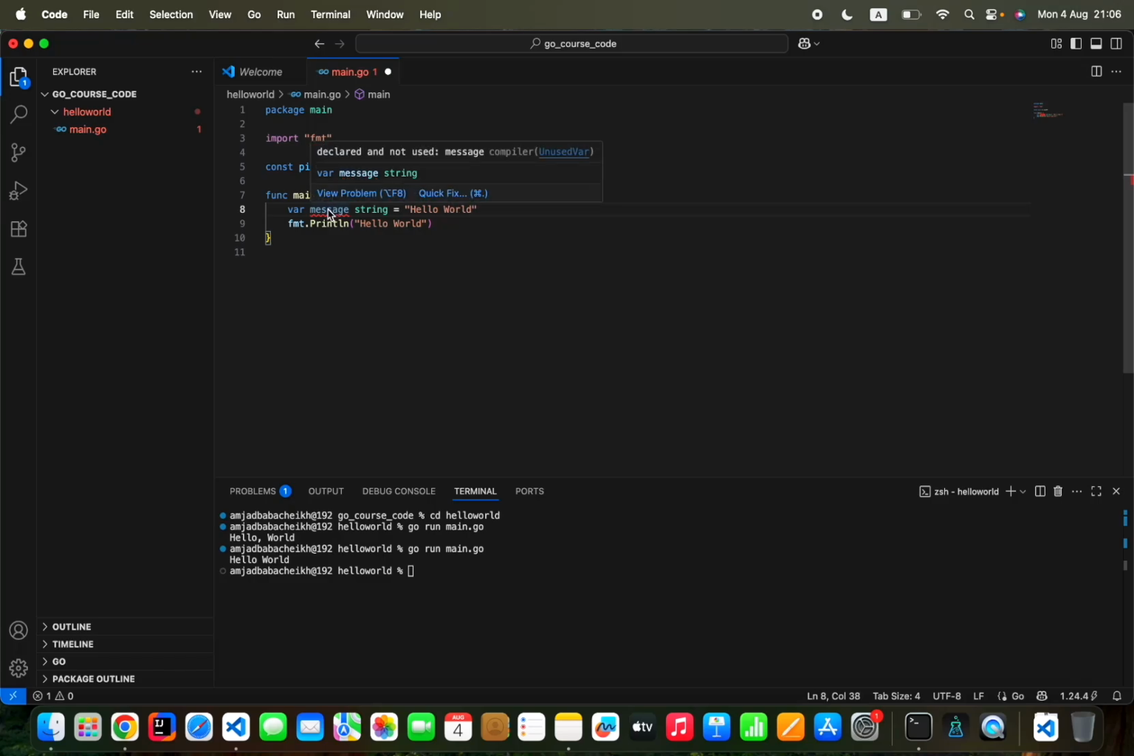If we hover over the message variable, VS Code points out that this variable is declared and not used. This is one of the semantic rules in Go. Every variable you define, you need to use later on in your code. We can use it in the fmt.Println function,